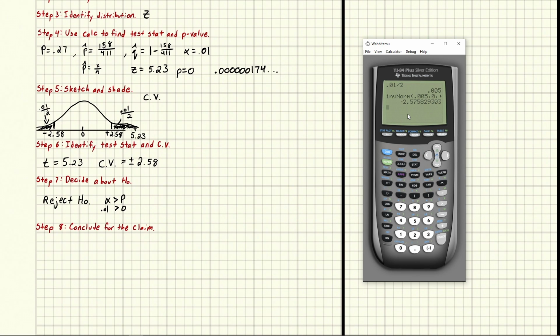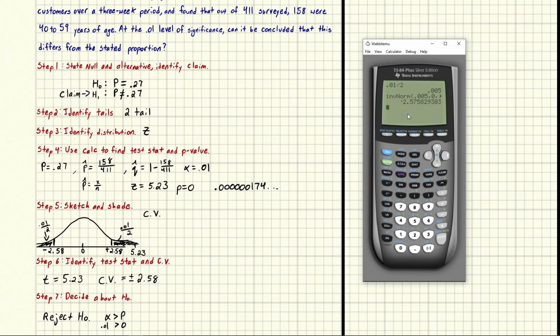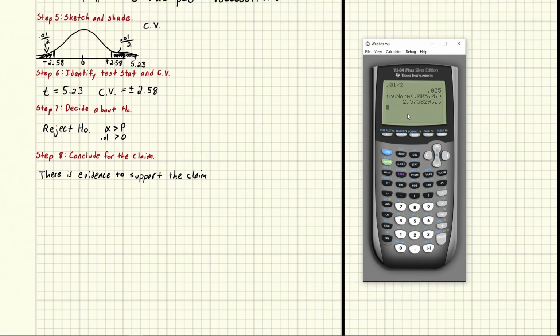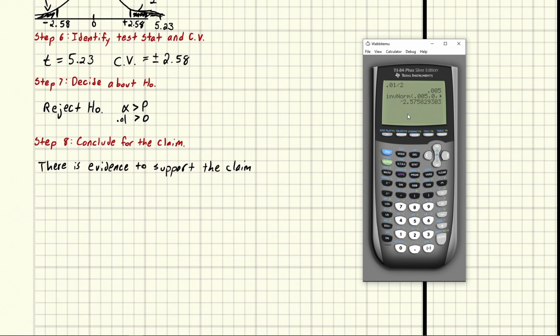Now step 8, conclude for the claim. Okay, so for step 8, to conclude the claim, well, we rejected the null hypothesis. So we rejected this guy. This guy, we didn't think he was right. That means that we have evidence here that says we think this one is right, that H1 is right. So we would say there is evidence to support the claim, and then we need to state what our claim is. So our claim was that, can it be concluded that this differs from the stated proportion,